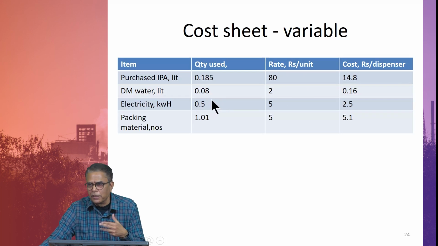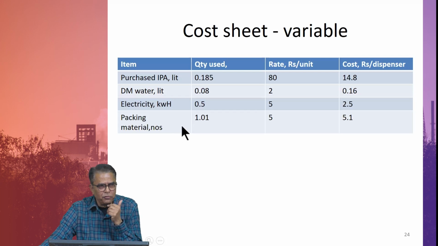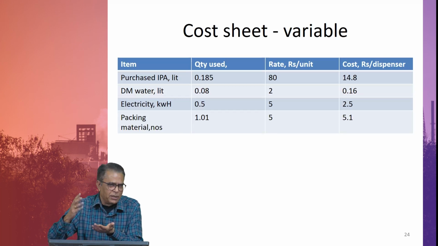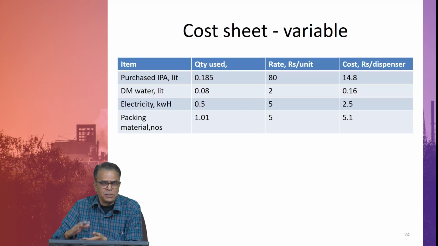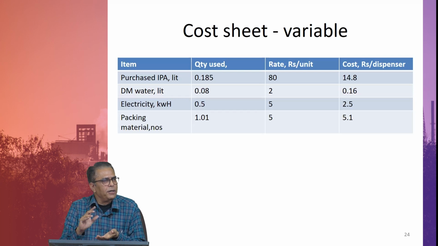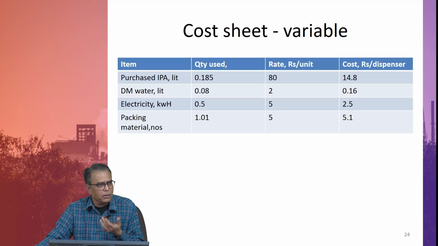I have put some arbitrary numbers. Just to clarify the point, it is 70% IPA and 250 ml, right. So, just do a quick check, how much IPA theoretically should be there? 250 ml is the output total, it is 70% by volume, let us assume. I should have clarified whether it is 70% by mole, by mass, whatever. Now, I am telling you it is 70% by volume. So, 250 ml 70% means 250 into 0.7, that is what should come. It will not come to 0.185, right,